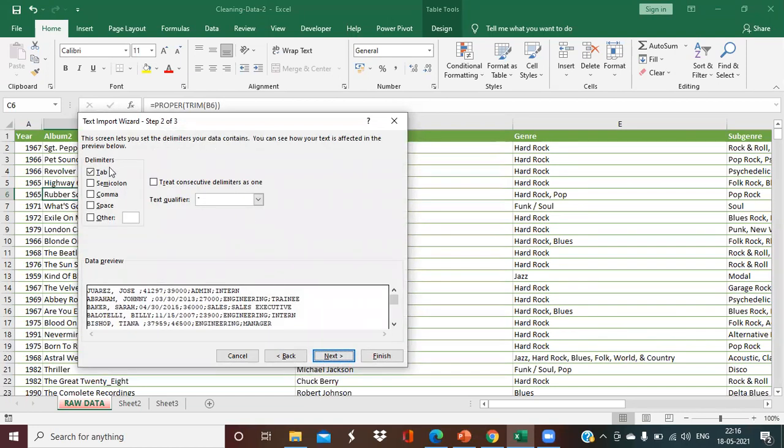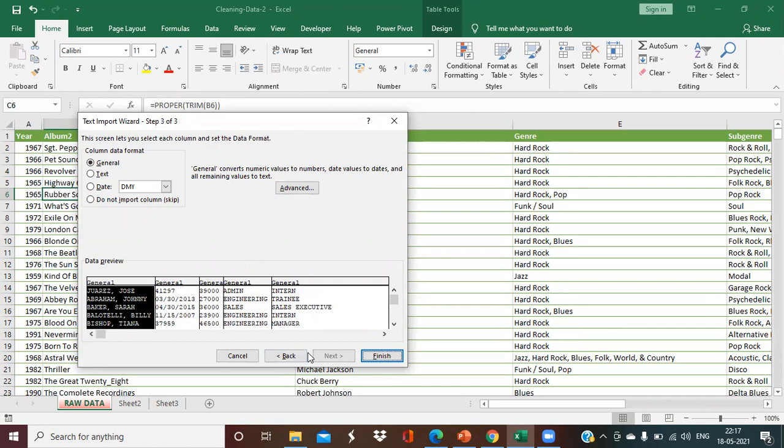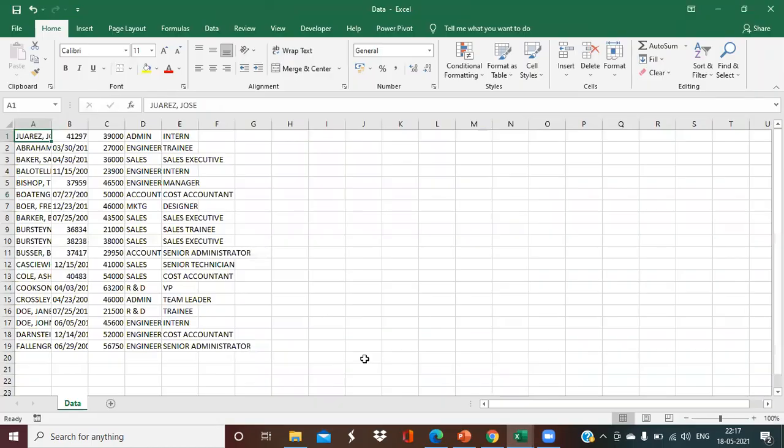This is a very, very important step. It is asking you to select the delimiter, how the column values are separated from each other. It can be a tab, semicolon, comma, space or other as well. Right now, for this example, we are using a file where we have the semicolon as a delimiter. And see the beautiful thing. As soon as I select a semicolon, it has separated the values into 5 columns, 1, 2, 3, 4, and 5, based on the semicolons. So click on next. Yes, I am happy with this now, and leave all this part as it is. Just click on finish. We are done with this.